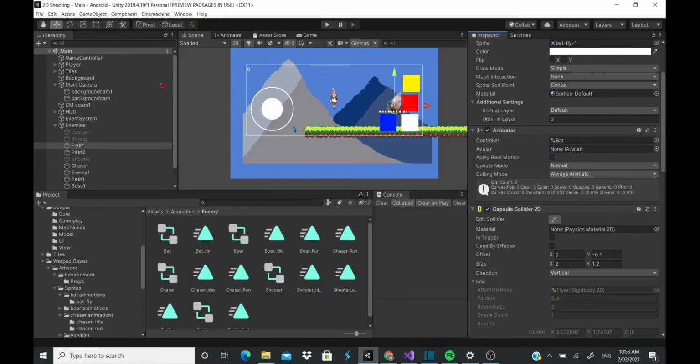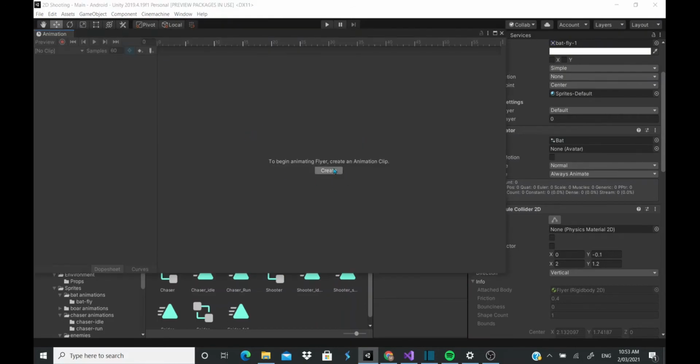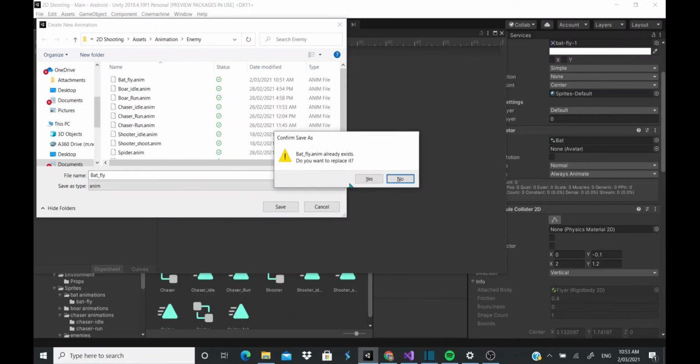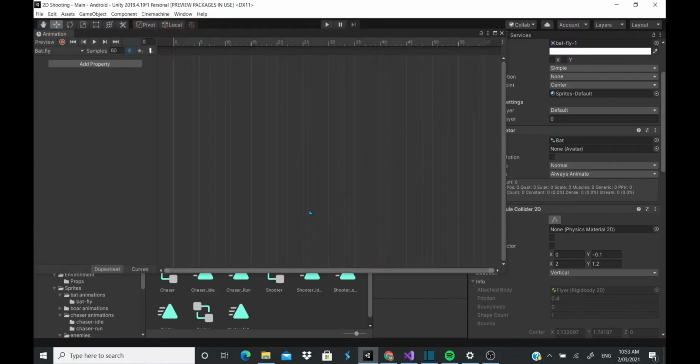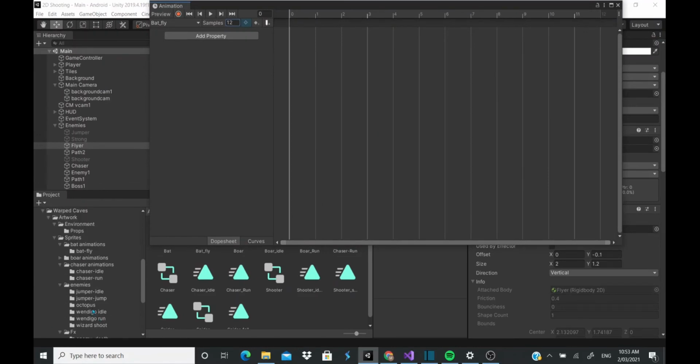And now the next thing we have to do is create our actual animation. So we're going to go to window, and we're going to head down to animation and then animation. And we're just going to hit create animation. And we're going to go bat underscore fly. And I'm just going to overwrite this because I want to create a new one. And it'll start off with saying samples of 60. For a 2D platformer, often you only really need to have 12 samples, so we're just going to go with 12 and hit enter, and then we're going to move that a little bit out of the way